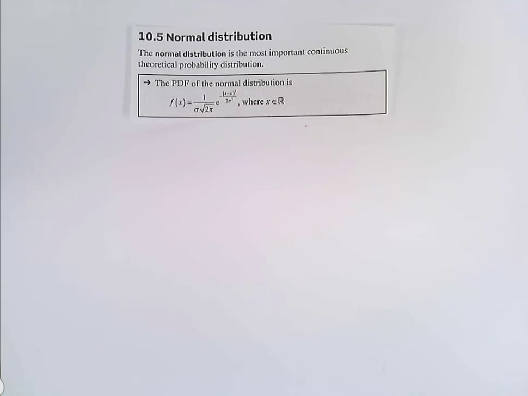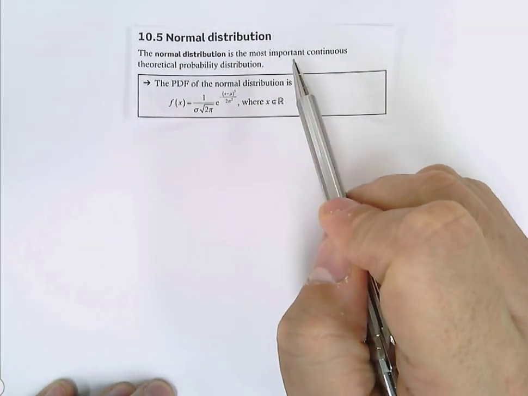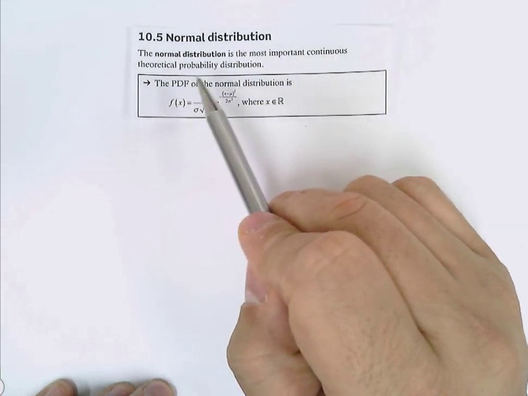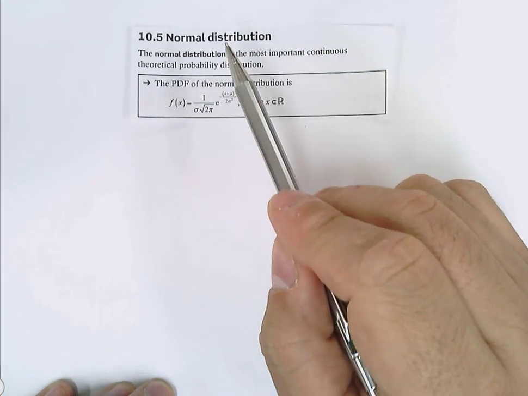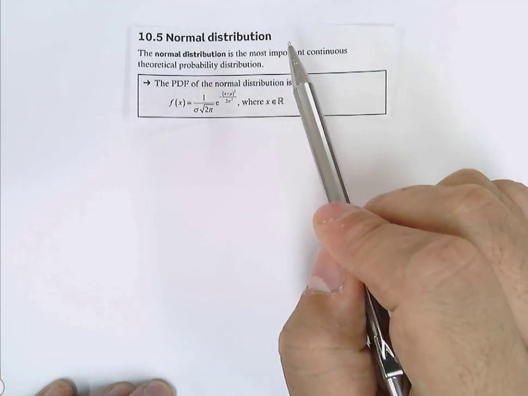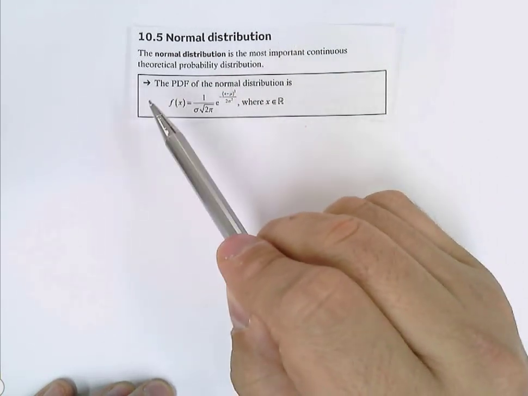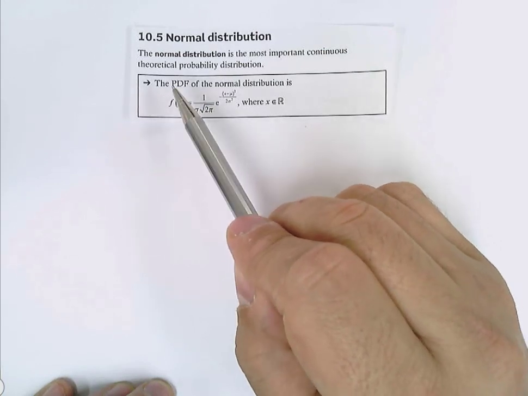Hello, we're going to talk about 10.5, the normal distribution, and it says here that the normal distribution is the most important continuous theoretical probability distribution. And that's true. There's a lot of things in life that are modeled by the normal distribution. So we'll go over those in a little bit, but for right now, the PDF, the probability density function of